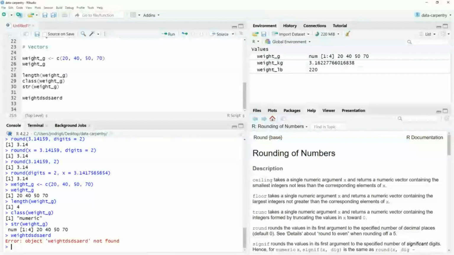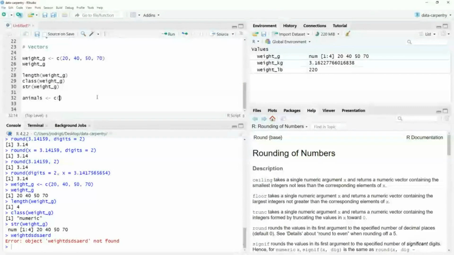Okay, what else? This is for vectors. The thing is, you may find, for instance, in other programming languages like Python, that you can have vectors of different types, but here, when you have a vector, all elements should have the same type. We have worked with numeric, but we can use other types, like strings. To define a vector of strings, we can define a vector called animals,